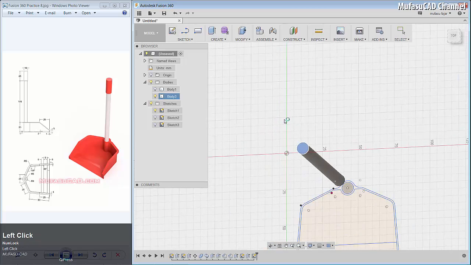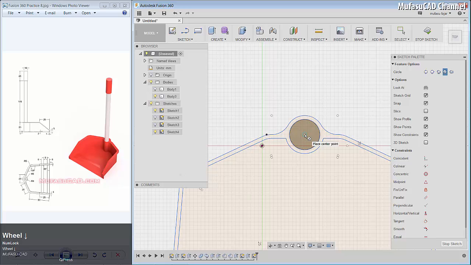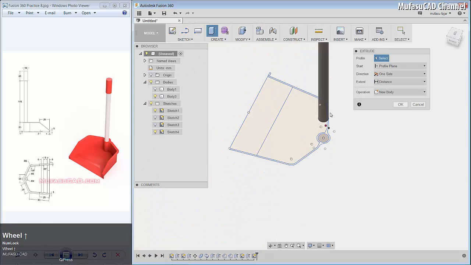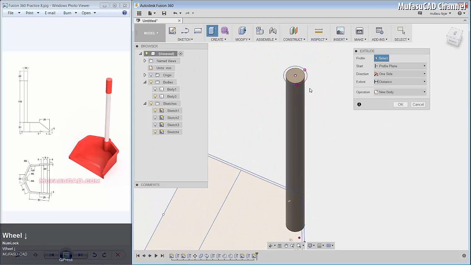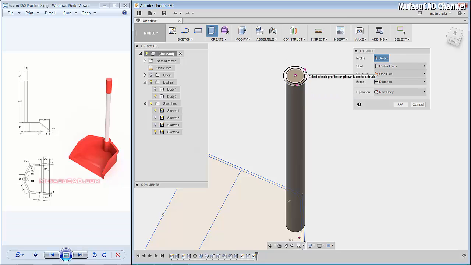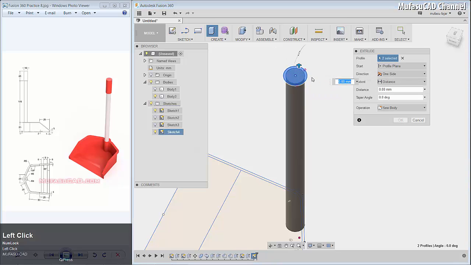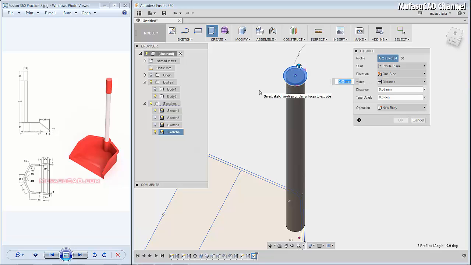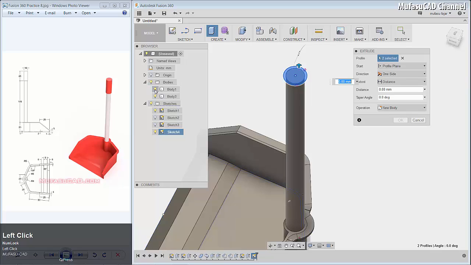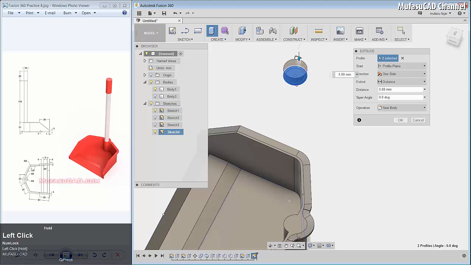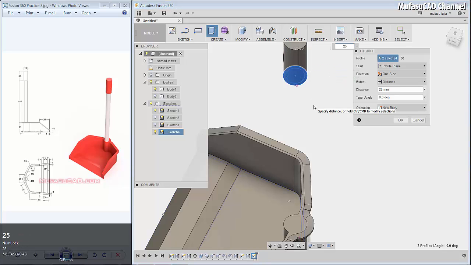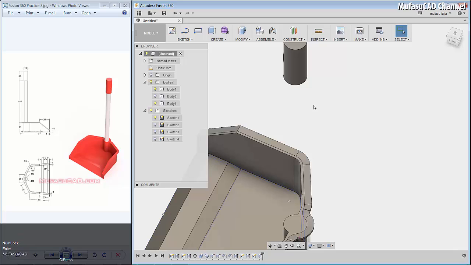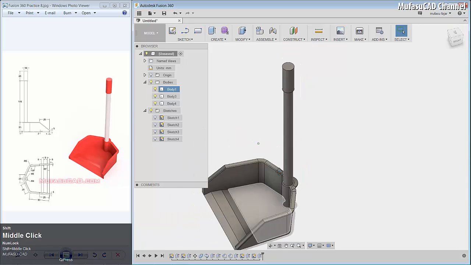You can select this face. We create a circle from this point to this point, and extrude this circle object. You can click this circle face and this circle face. I will hide body one and hide body 3. We extrude the circle face to the top here about 25, and OK. Next I will hide sketch one and hide body 3, and you can see the result here.